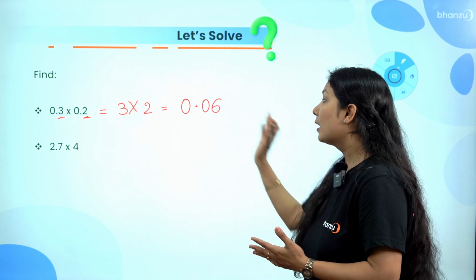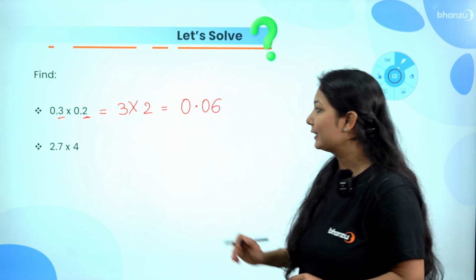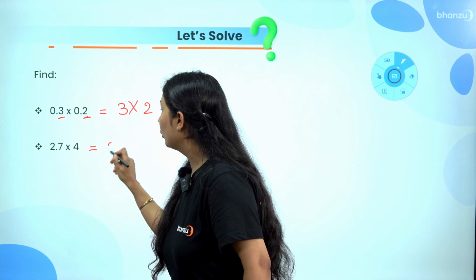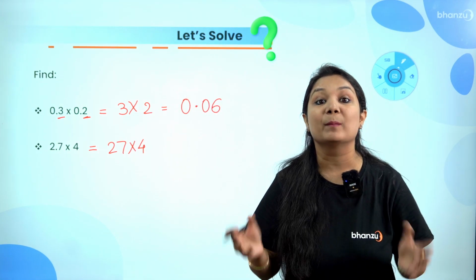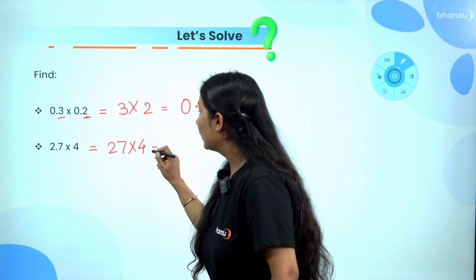Where? To the left side. Okay. Let's see another one. What would be 27 into 4? So what are we doing? We are forgetting the decimal for the time being. Okay. So here we get